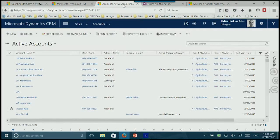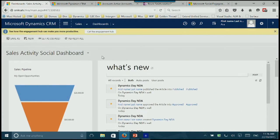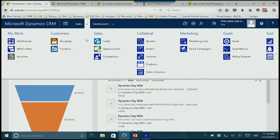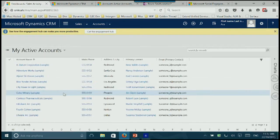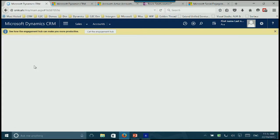I might just switch this. So just to show you, this is CRM 2016 as well. So this is through the web browser. If I come in here and just click on accounts, it's still very similar navigation. The key real difference, I suppose, is really just how the UI looks. So if I open up an account record,